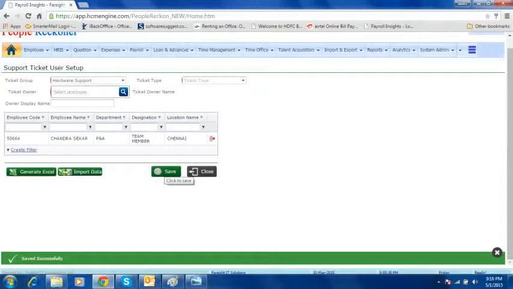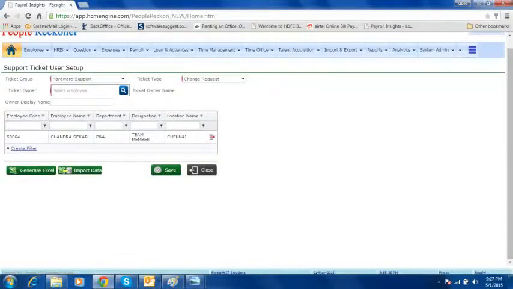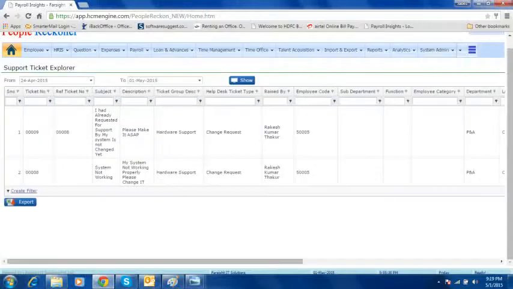If you are an admin user such as a team manager, supervisor, etc., being an admin user, you could assign a ticket to your own team members, or you could also view the tickets which have been assigned to your team members, and data can be imported and extracted in Excel format. This slide allows you to explore and export the support tickets by filtering using a specific date range.